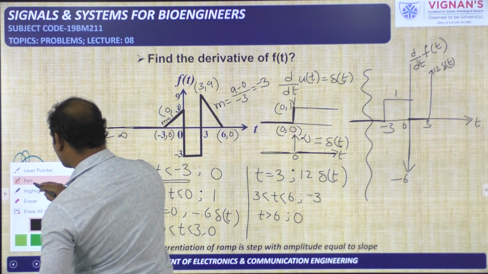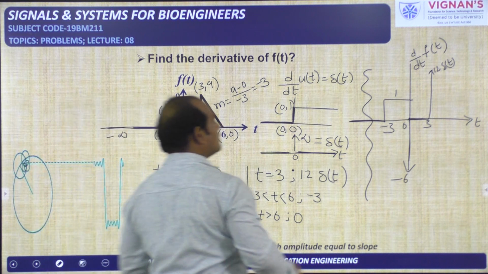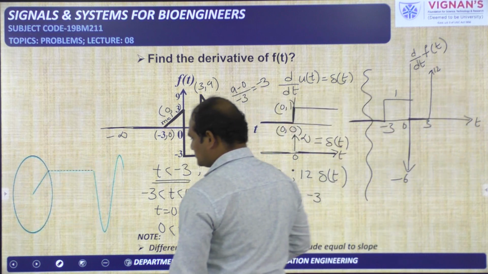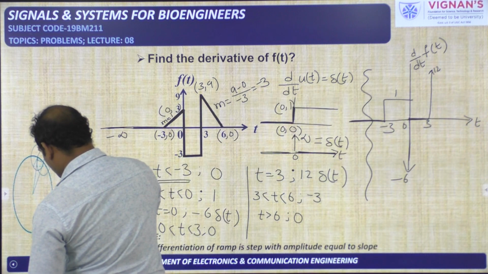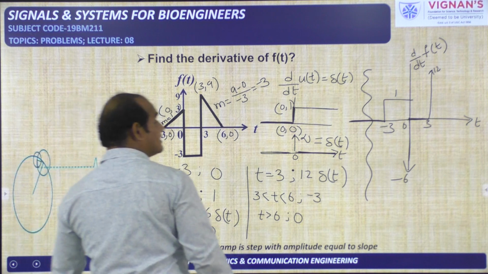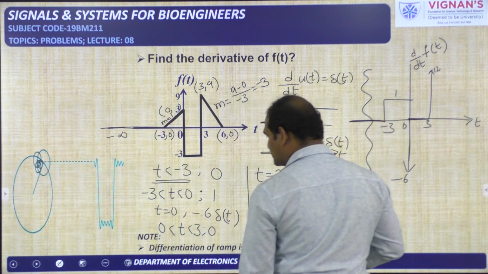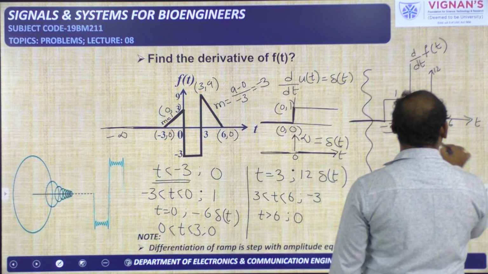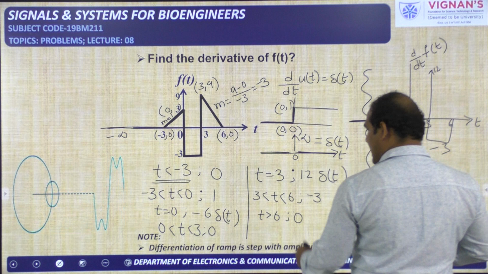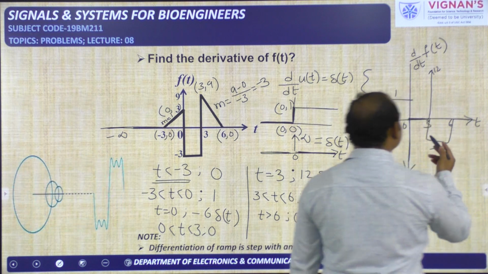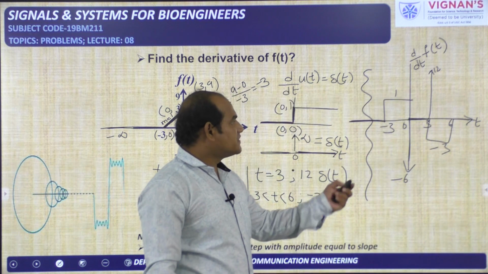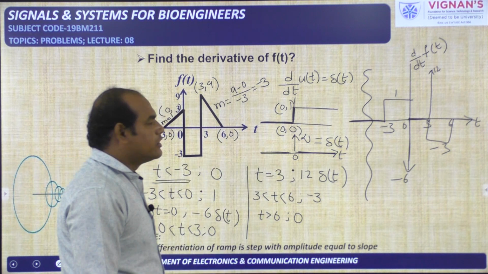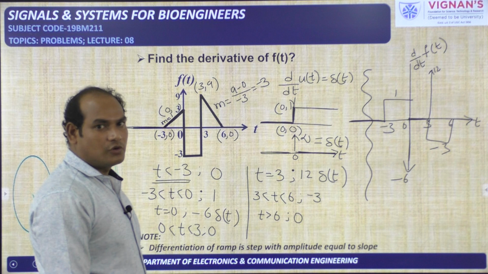With impulse we have to write, so no need to write a del. That impulse itself is representing a del. Actually that is a delayed version because it is available at t is equal to 3. Next, from 3 to 6 amplitude is minus 3. After 6 amplitude is 0. So this is the derivative part. Like this we can tell, it is the derivative of the given signal f of t. So in this manner you have to perform.